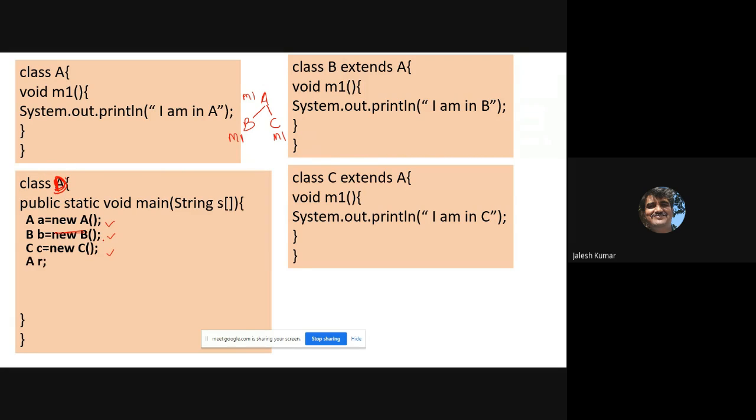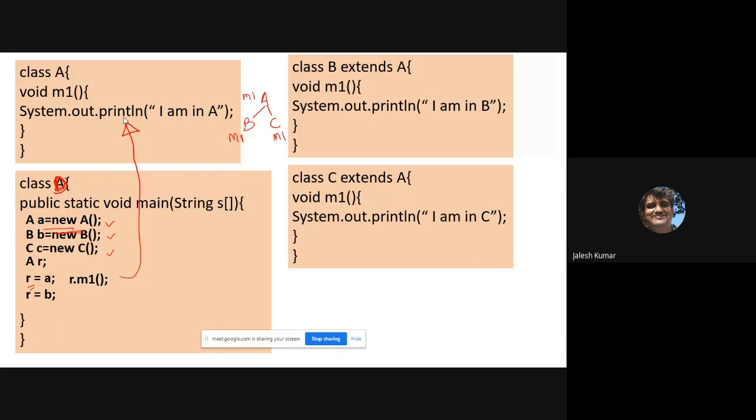Now, along with that, I'll create one reference to superclass. Okay, I'll make a reference to superclass. Just a reference. I have not created any object once again. I am just referring. Now, see, first I'll assign A to that. I already instantiated A, is it not? Now I'll assign R to A. And now I'll invoke the method R.M1. So it is pointing to this.